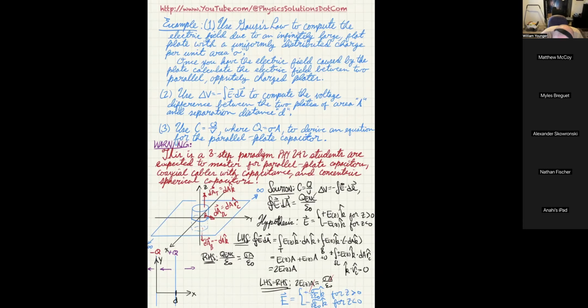Now, if I think about the same thing with regards to the negative plate, it has the same magnitude, sigma over 2 epsilon naught, but it's going to be negative, and therefore a positive charge wants to come towards it. So between the plates, the negative charge plate is going to want to act in that direction. The negative plate on the left of it is going to want to create an electric field pointing to the right,